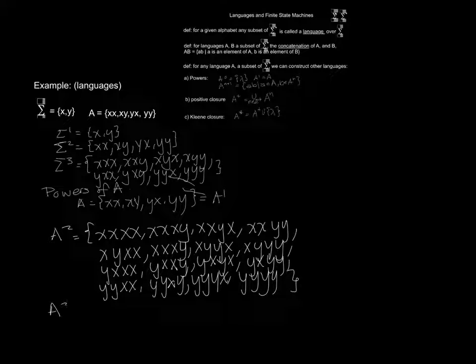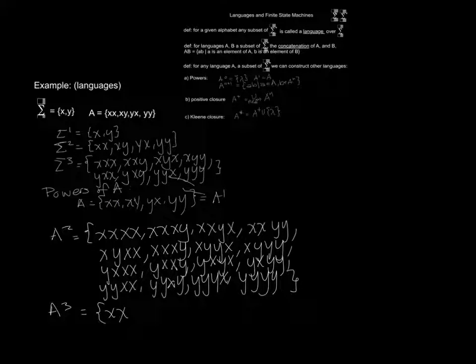And just to start A3, we would start by concatenating xx from A with all 16 terms of A2. And then we would concatenate xy with all 16 terms, yx with all 16 terms, and yy with all 16 terms. So we would have 64 terms, which I will not do all out. And then if we look at the pattern,